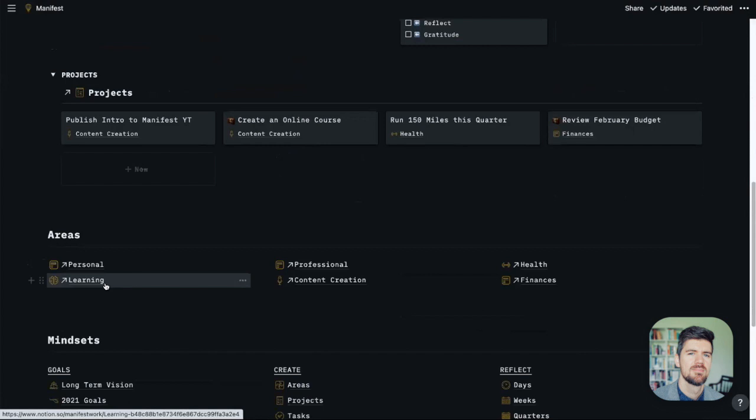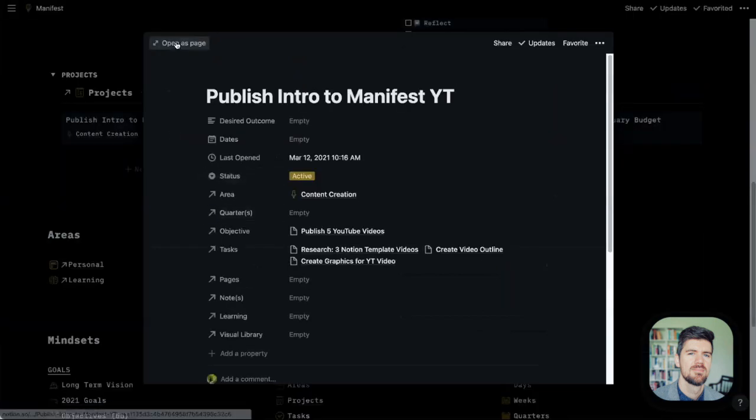Whereas projects are very definite, very finite, have a clear start and end date, and a clear set of tasks. So there are always some questions about the difference between areas and projects. But if we go back into this project here, we're going to open this up.